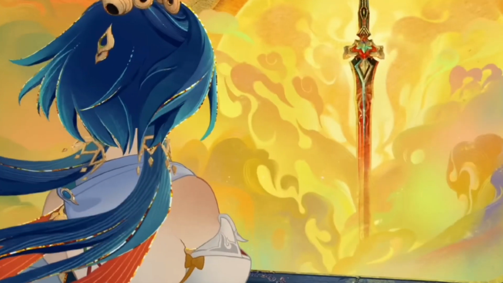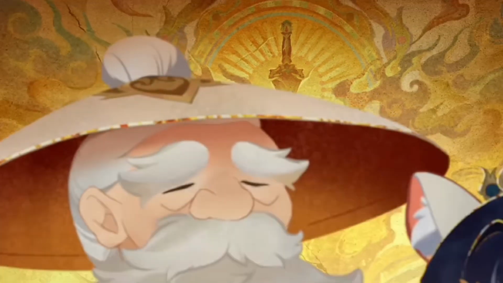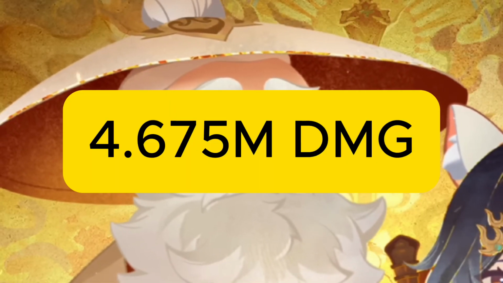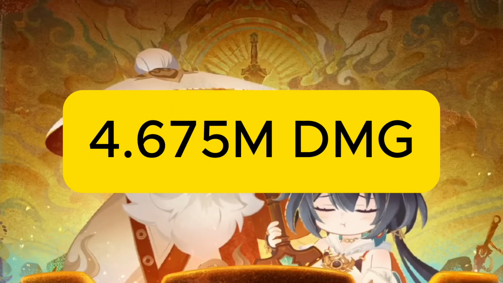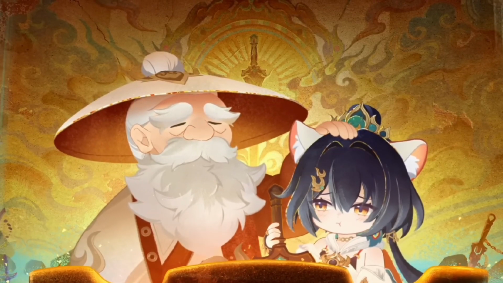and in my damage tests, it's even better news. An S1 Something Irreplaceable can deal similar to the also free S5 Fall of an Aeon light cone. How much damage? At S1 we deal 4.675 million damage. Even if it's free, getting an S5 is pretty difficult, but let's say you do get it, you'll be able to deal about 5 million